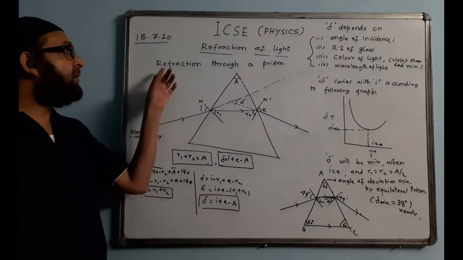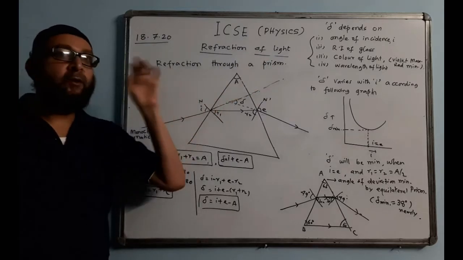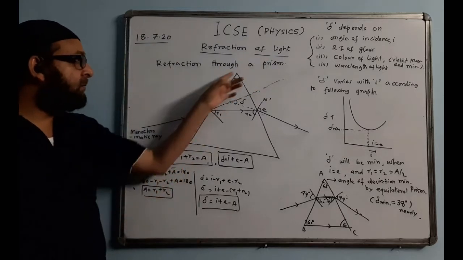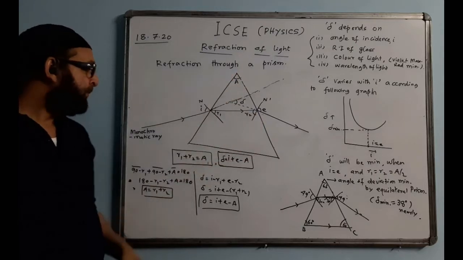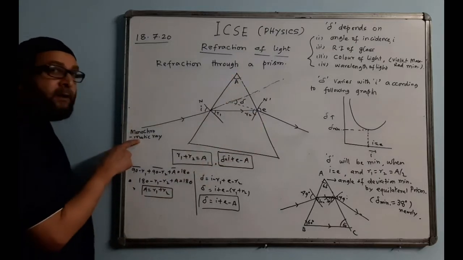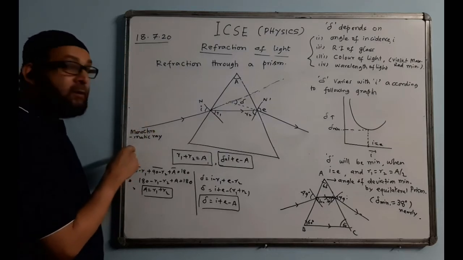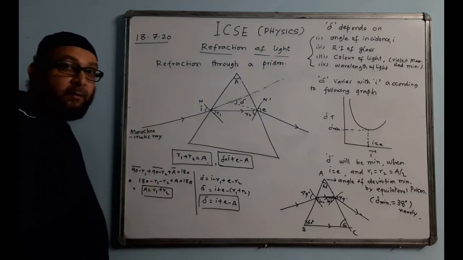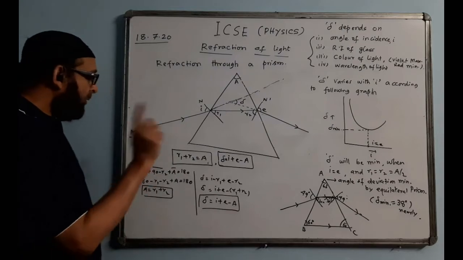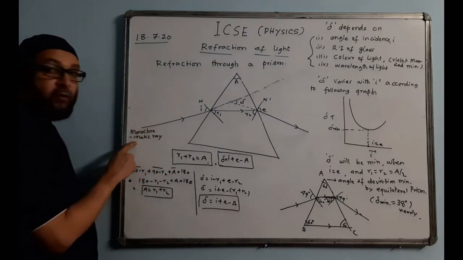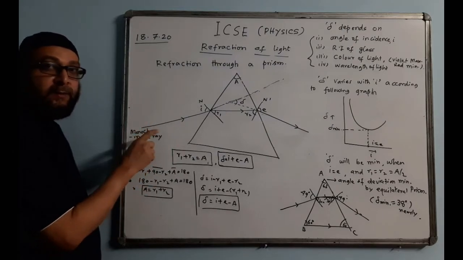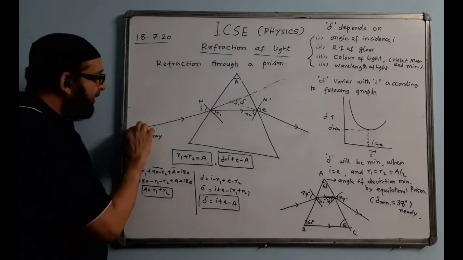Okay, now you see the refraction through a prism. Normally a glass prism. So the glass prism diagram we will draw like this. We'll take a monochromatic ray. Monochromatic means single color ray. Single color, not white, because white is polychromatic. It contains many colors. Use any single color ray, that is called monochromatic. Mono means single, chromatic is color.